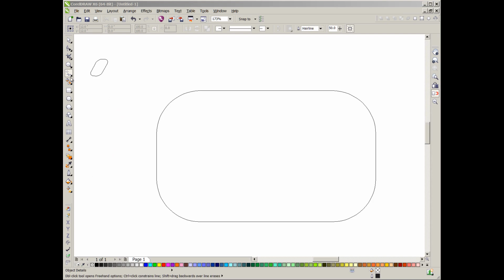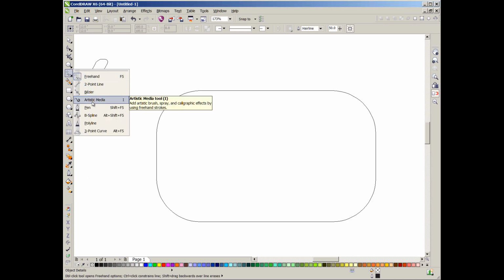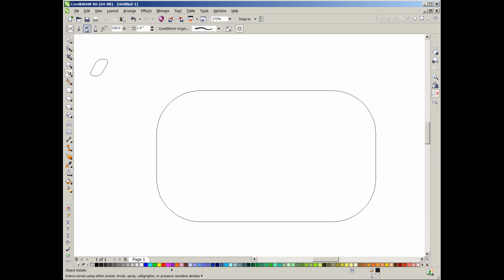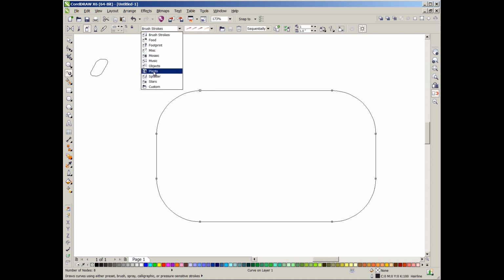Today we're going to take a look at the artistic media tool Object Sprayer. It basically lets me select a path and apply various shapes